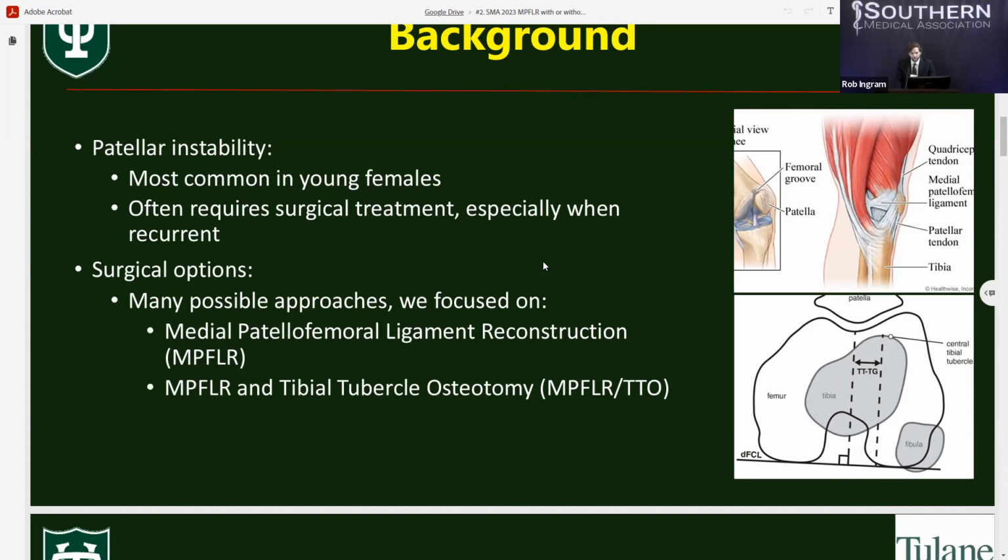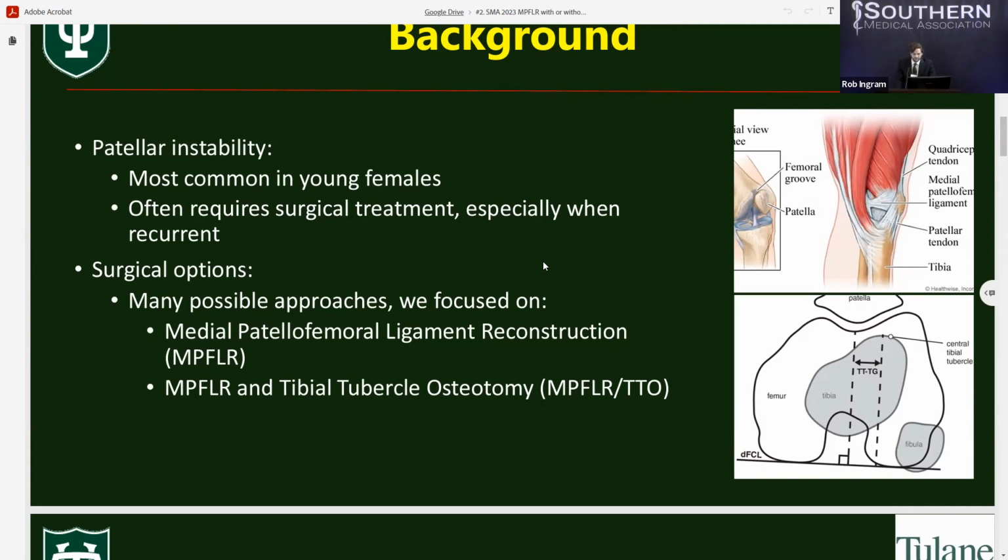In terms of treatment, non-surgical treatment can be used to correct patellar instability. However, as many as 43.1% of patients can experience recurrent instability following this intervention, in which case surgical treatment is warranted. While there's a host of operative treatments for this condition, our study focused on just 2 surgeries for correcting patellar instability. First, we looked at MPFL reconstruction, the most common approach for management of this condition.